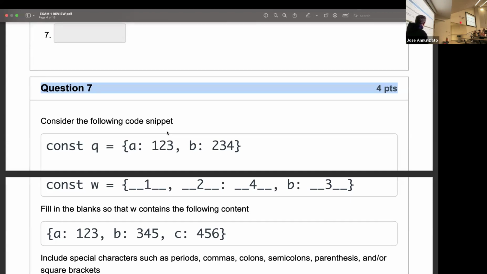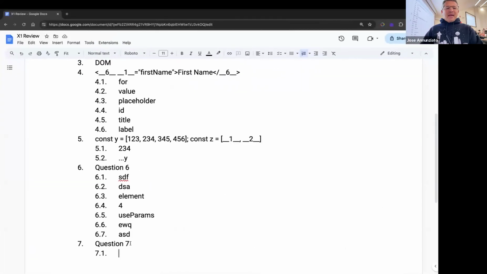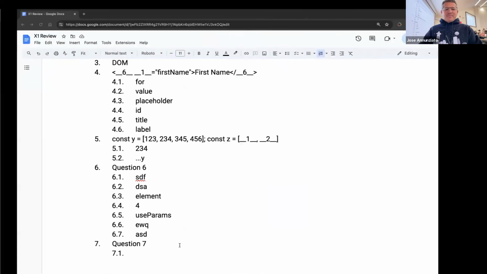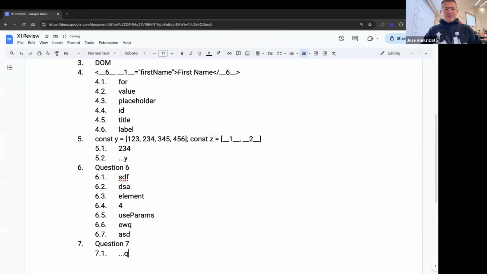Either the spread, or literally saying A colon 1, 2, 3, which I would usually discourage you from using special characters, but this one looks like it allows colons. So you could literally say A colon 1, 2, 3 and do it like that. But I don't believe that was the intent of the question, so I will make sure that there are no ambiguities. The intent was dot dot dot Q,